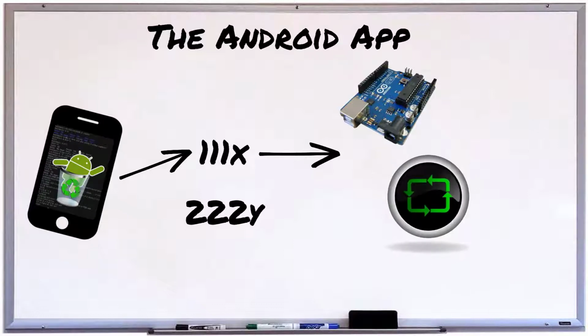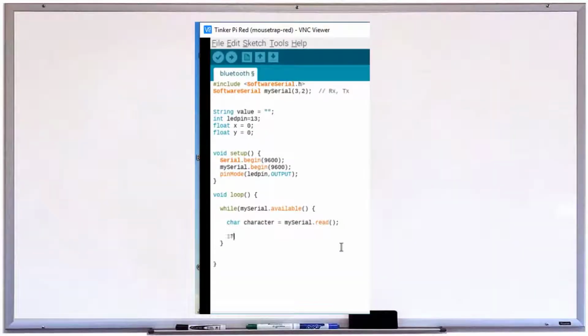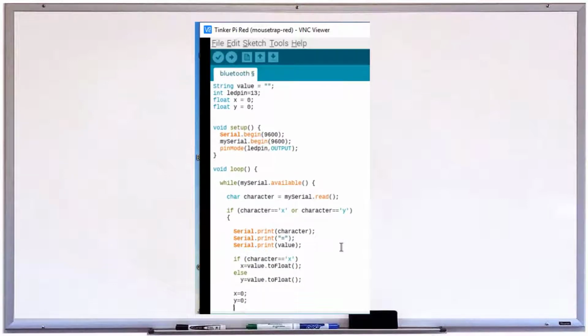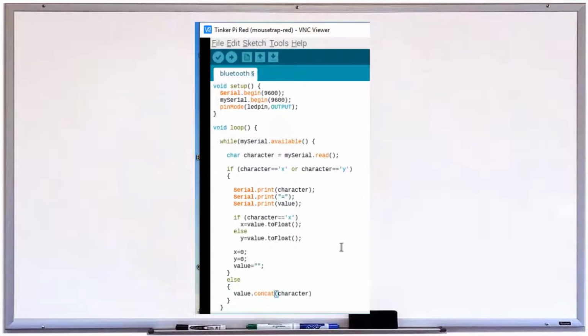So as we loop, we're going to read those values one at a time. First 1, then 1, then 1, then X. Each loop, it will concatenate or combine those values together. So once it gets to the X, we'll have the value 111 in our variable. So once we have 111X, we'll print the value out, set our variables back to 0, and then continue looping. Once we get to our robot, we're going to use those values to determine the direction and speed of the